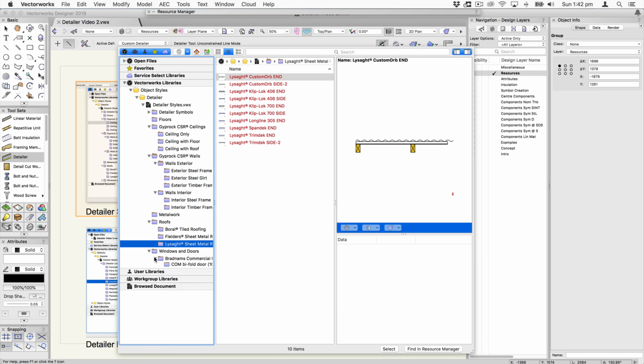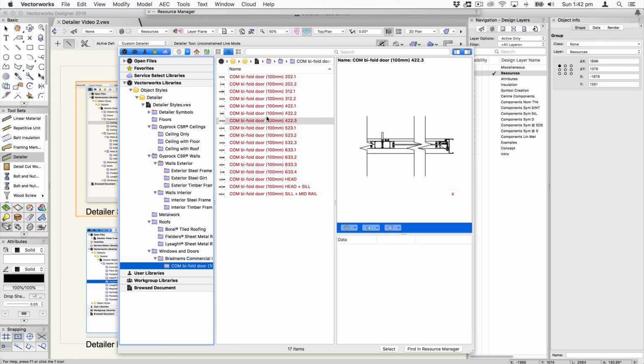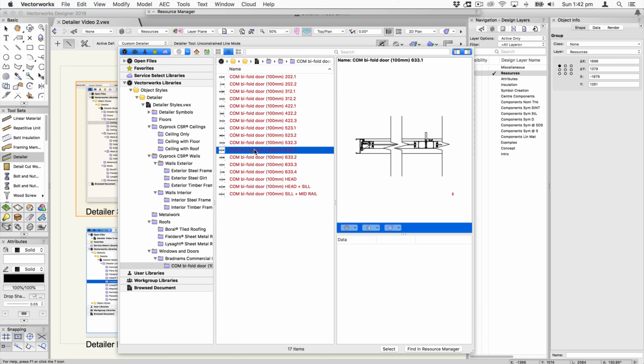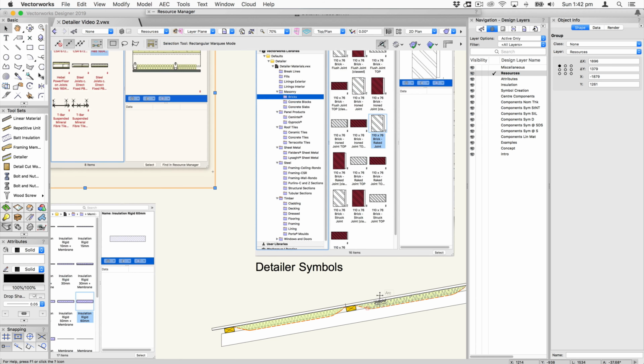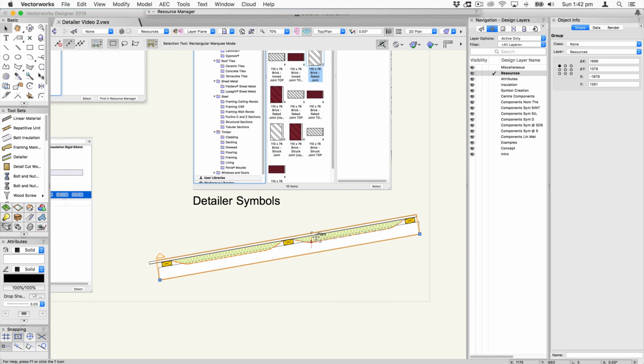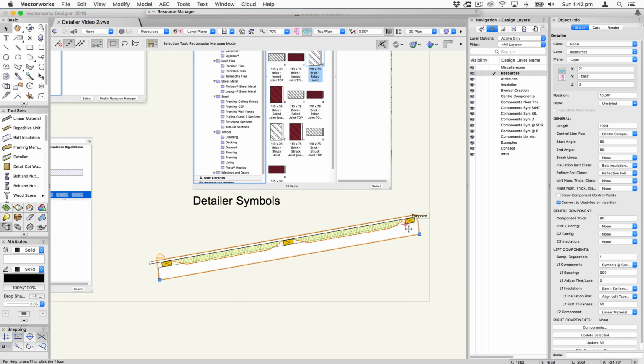And there are some we've been experimenting with a little bit here, which are just some sections through some of the common aluminium commercial doors. So the final thing I just wanted to cover in this section was if you want to create your own library of objects. So what I've got here is a section through a roof. It's a 10mm pitch with some corrugated sheeting and insulation. So let's say this is a common combination of elements that you would use, and you'd like to save this